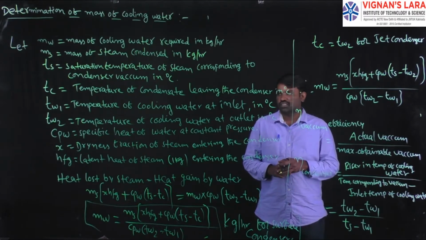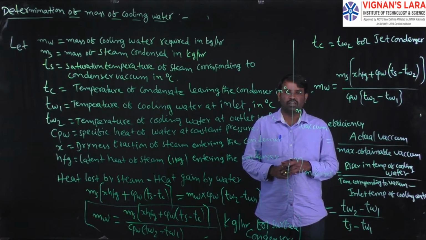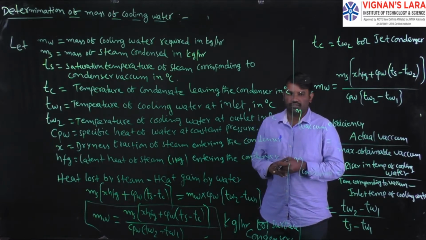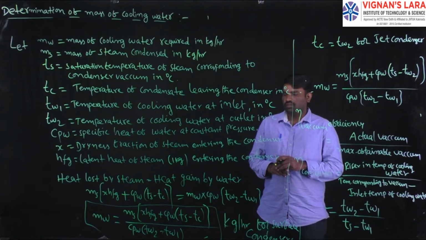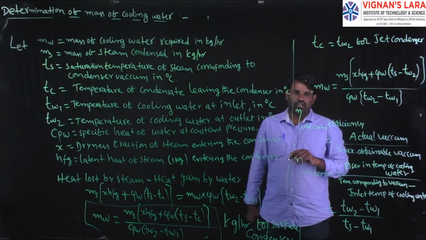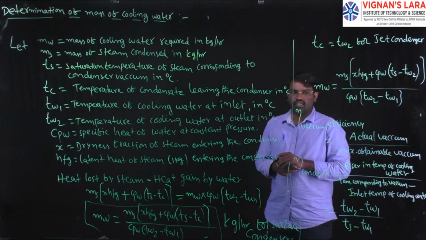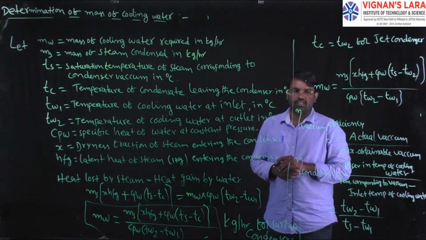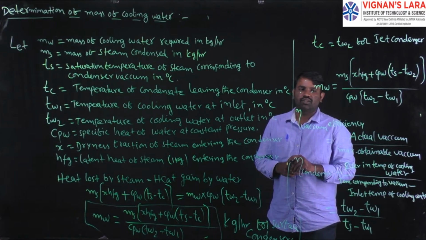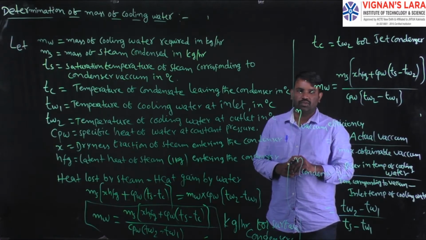During this process we have to observe some parameters. Based on those parameters only, we can decide the requirement of cooling water for the condensation process. These are the parameters we have to remember and choose while condensing the steam inside the condenser. Generally we use two different types of condensers: one is the surface condenser and the second one is the jet condenser. We already discussed them in previous classes. In surface condensers and jet condensers we condense the exhaust steam using cooling water.